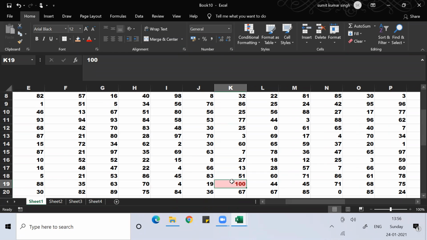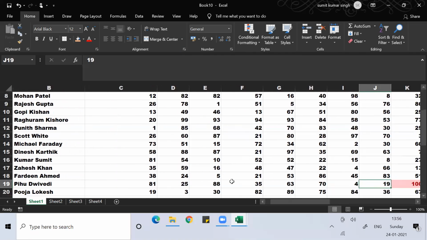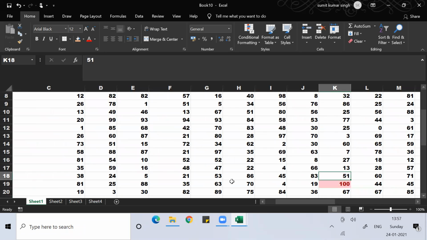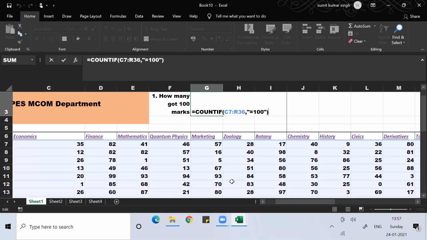So who is the person? Pihu Divedi in the subject history. She got 100 marks. So you can use this command called COUNTIF. With that you understood. Now you can see 100, only one person got.